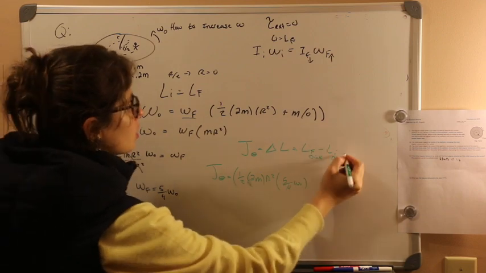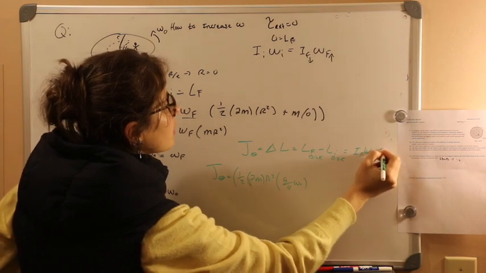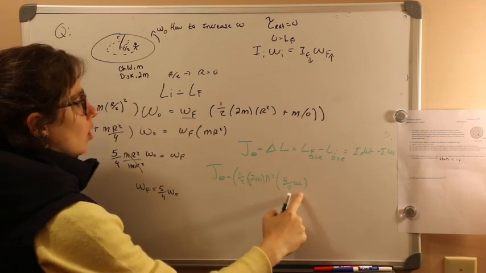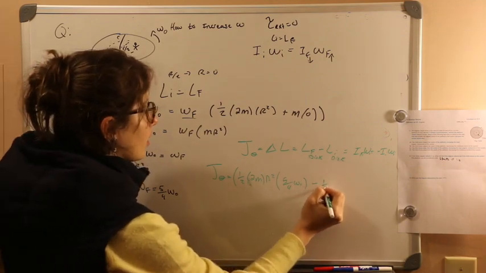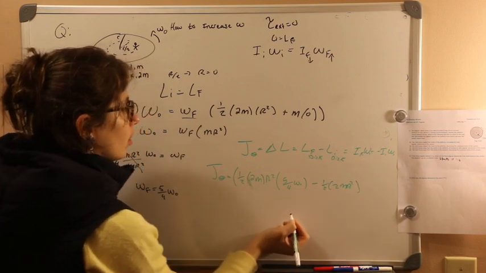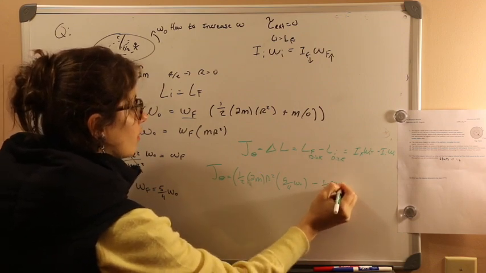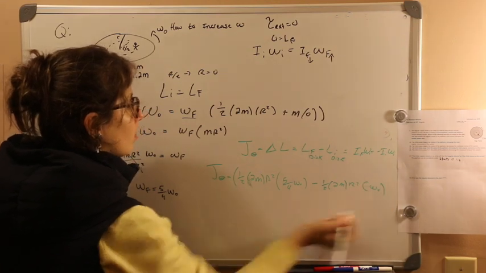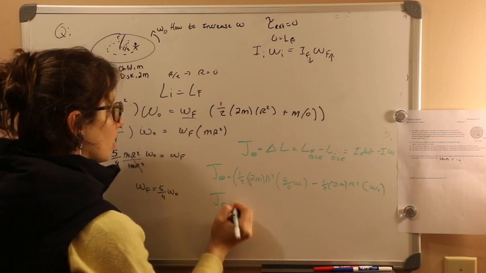So I'm filling in I final omega final minus I initial omega initial. So we can see the angular impulse, if we want to simplify that a little bit,